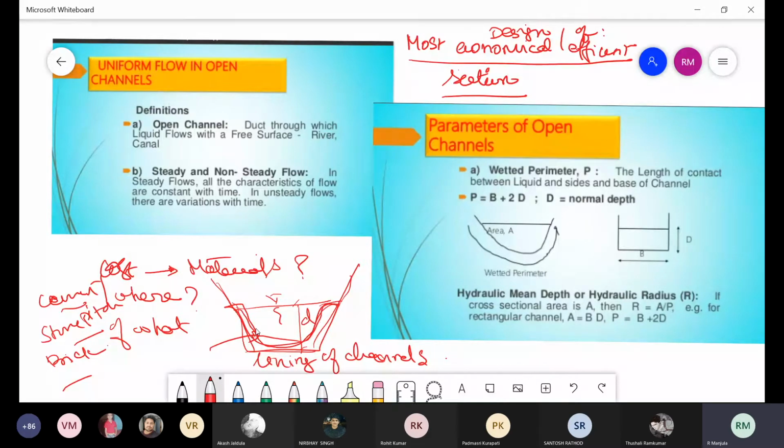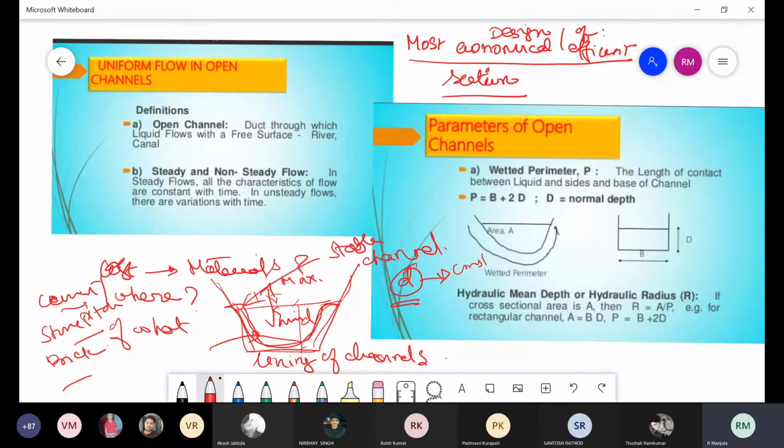So what is the channel lining carried out for? So that you will have a stable channel. Am I right? When you have a stable channel, then you will be able to maintain the depth of the flow. Not constant, but the depth could be maintained within a minimum and maximum range.